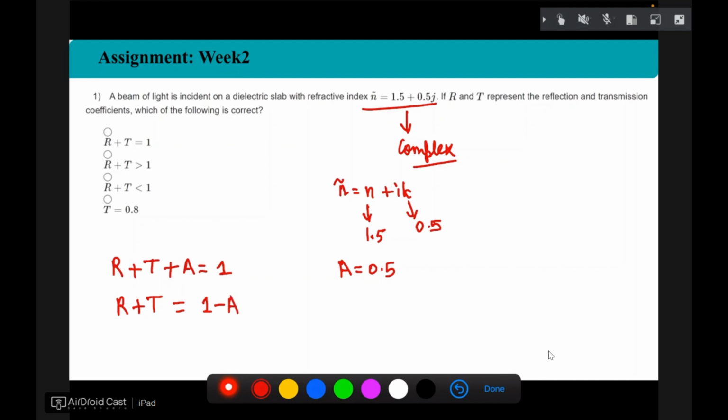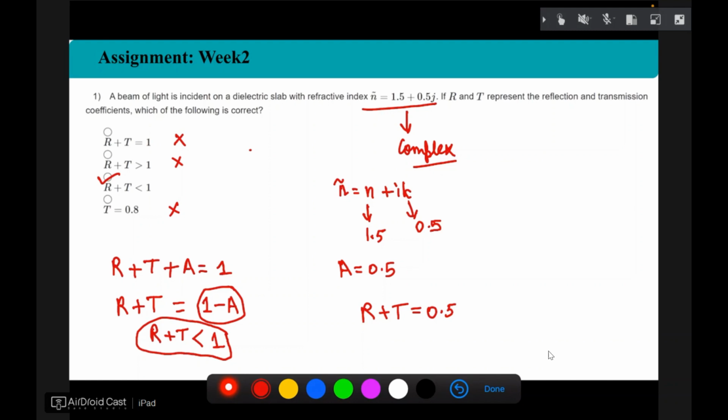In the first option it is saying that R plus T equals 1. From this we can clearly see that R plus T is not equal to 1, it is less than 1. In the second option, R plus T is greater than 1. Obviously this quantity cannot be greater than 1. Third option, R plus T is less than 1. This option is correct since we have some absorption value, 0.05, and R plus T will be less than 1. And the last option is T equals 0.8. If the absorption is 0.05, the remaining R plus T is equal to 0.95, so obviously the transmission cannot be 0.8. So option C is correct. We can say that due to the presence of absorption,